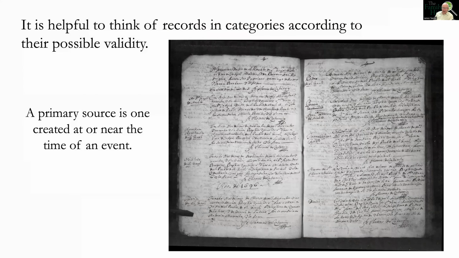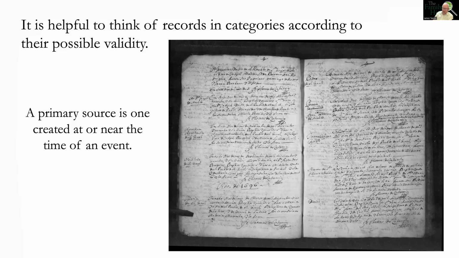So it's helpful to think in categories of records and their possible validity. In this case, we call them primary sources. Well, that's created at or near the time of an event. Now, that would be one of these birth records back in 1696 that we have in front of us. So this kind of thing is the record that you would use, and we tend to put more believability, credence into these records when they were created at or near the time